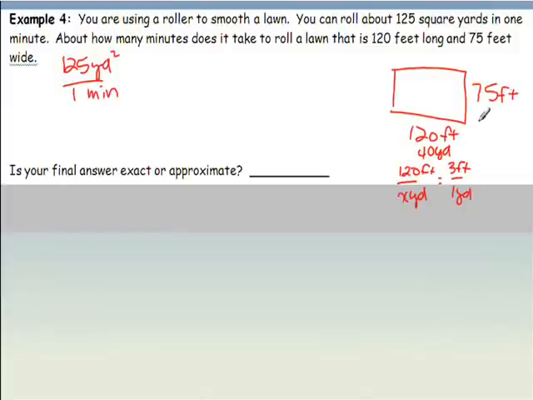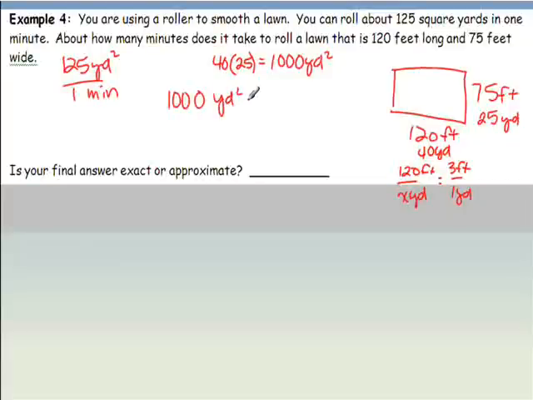right, which means that 75 feet is 25 yards. So I'm going to take 40 times 25, and that gets me 1,000 yards squared. And then to figure out how long it actually takes, I am going to have to use unit analysis, which is a very sciencey thing to do, but you know, science is nothing more than applied